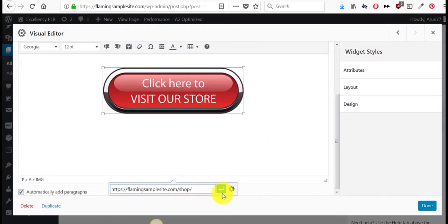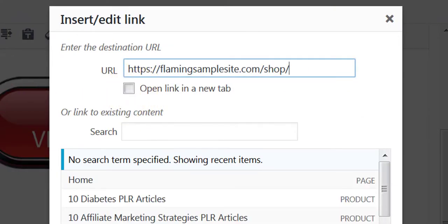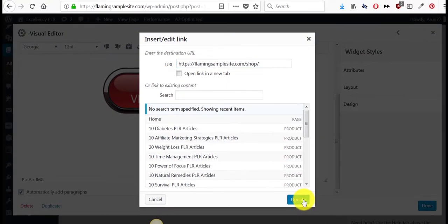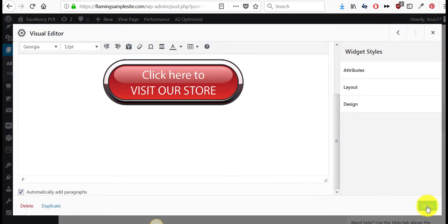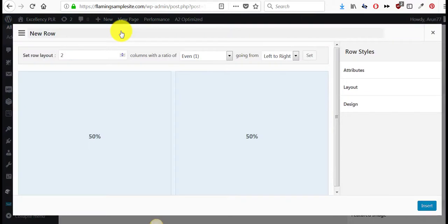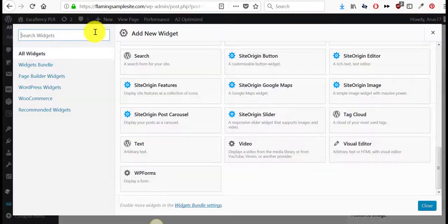Okay, under the link options, if you click this, the store will open in a new window, a new tab. But we don't want that, we want it to open in the same tab, so we just update it. Done. Now we add another row, make that 3 sections, insert, add image, add widget,